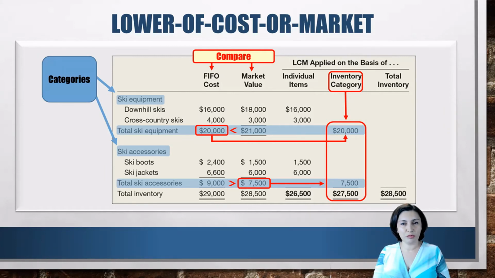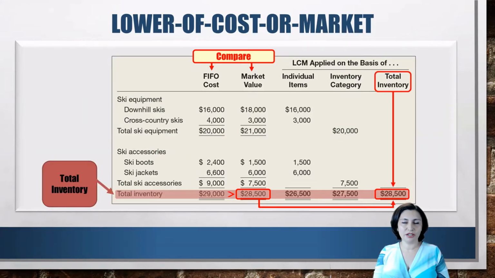The cost of ski equipment is $20,000, which is lower than the market value of $21,000. Therefore, we select the cost of $20,000. The cost of ski accessories is higher than the market value. Therefore, we select the market value of $7,500. $20,000 for the first category plus $7,500 for the second category is